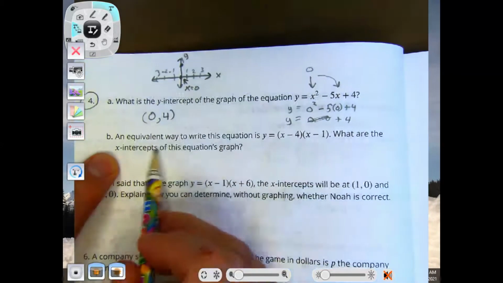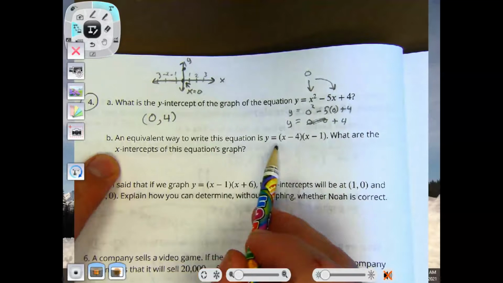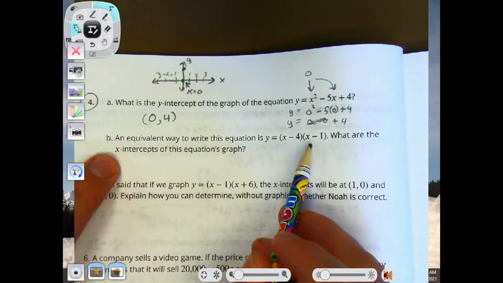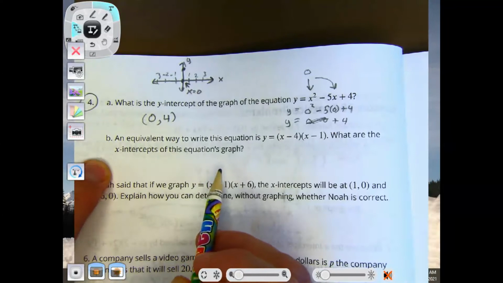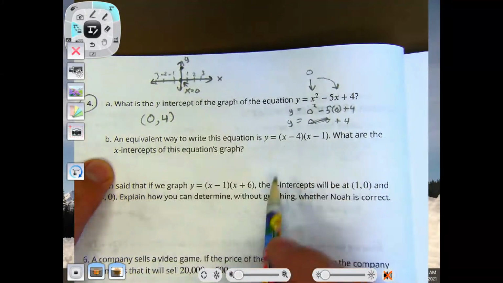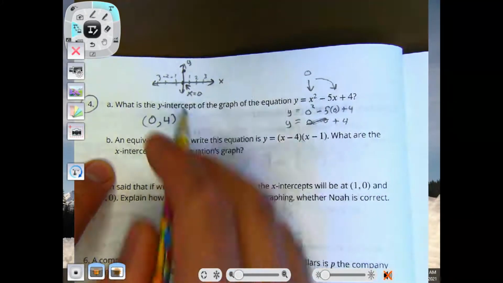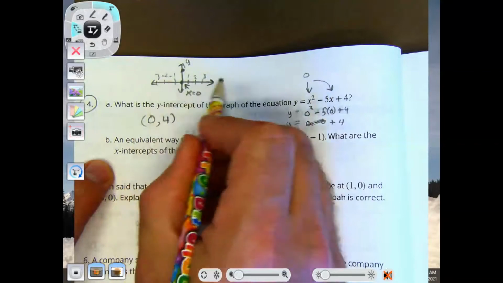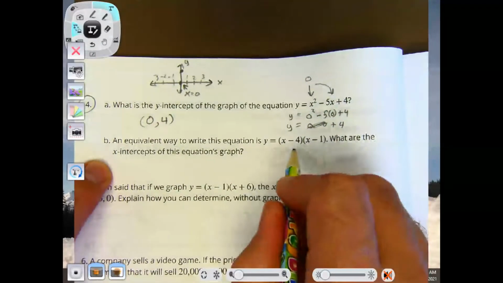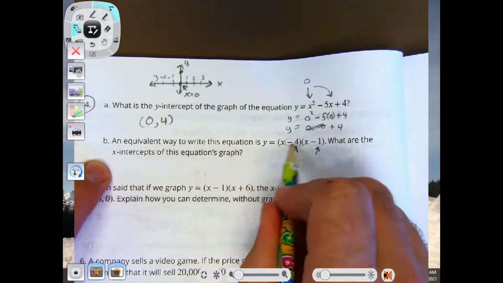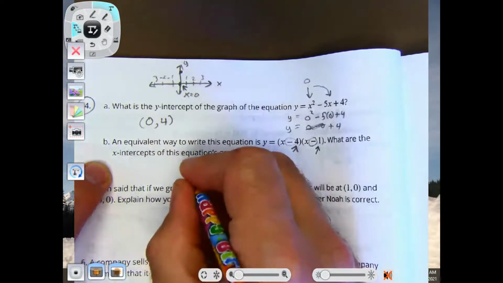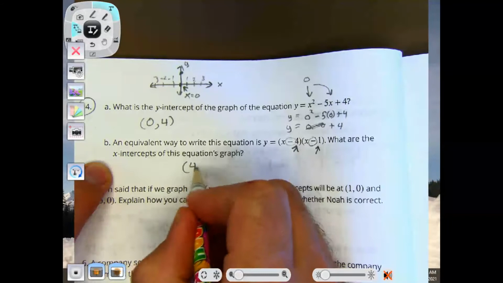Okay. An equivalent way to write this equation is y equals x minus 4 times x minus 1. What are the x-intercepts of this equation's graph? Now the x-intercepts are where my parabola crosses the x-axis, right? And so that's these 2 numbers, and I just have to flip the signs. Right? So that's it. Positive 4 comma 0